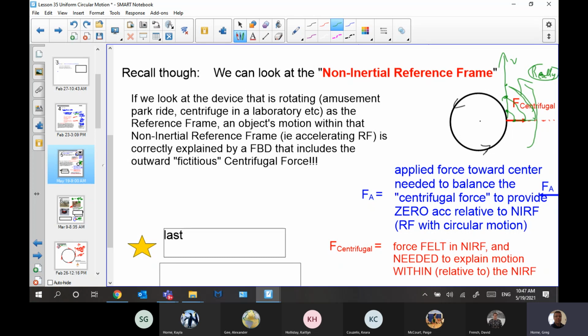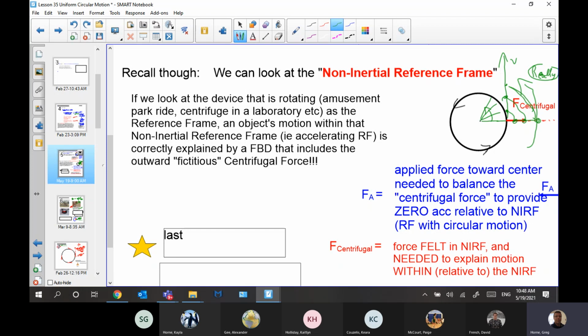But it absolutely, from this point of view, when you look at it from this angle, and then from this angle, and then from this angle, it looks like it went out. It looks like it went out to here, and then out to here, and then out to here, from this rotating reference frame point of view. So I'm trying really hard to help you understand in your gut, maybe your brain too,